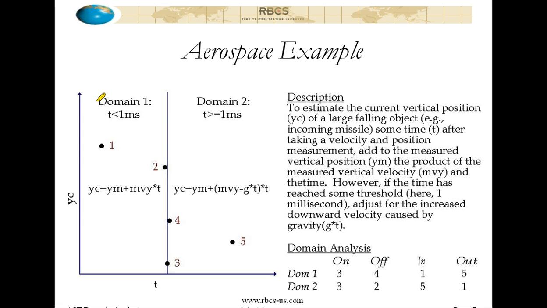Okay, so if the time required from shooting the radar out and getting the signal back is less than 1 millisecond, we're going to ignore acceleration of gravity as domain 1. And if the time is greater than or equal to 1 millisecond, we're going to have to include gravity in the calculation. Okay, so if we're going to ignore gravity, then the estimated current vertical position